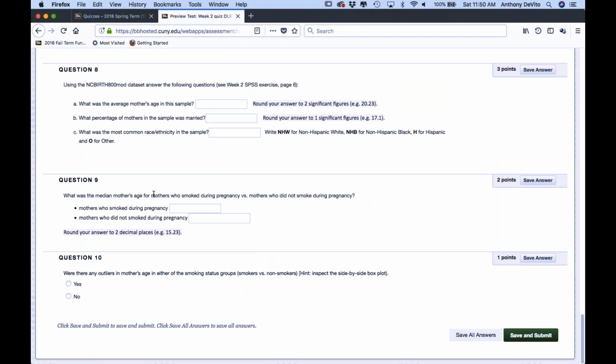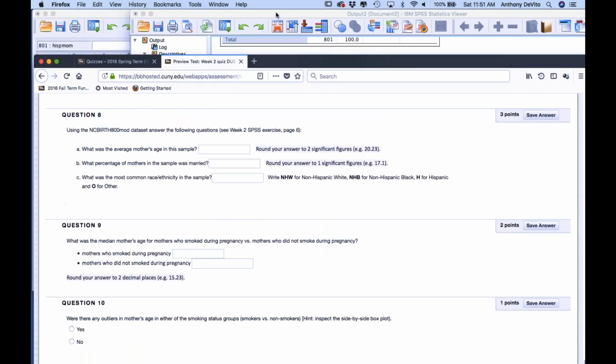What was the median mother's age? What was the median mother's age for mothers who smoked during pregnancy versus mothers who did not smoke during pregnancy? Well, now we have a problem, don't we? I'm going to go up here to analyze